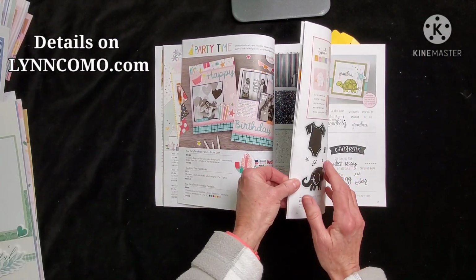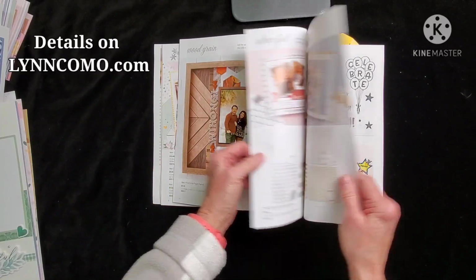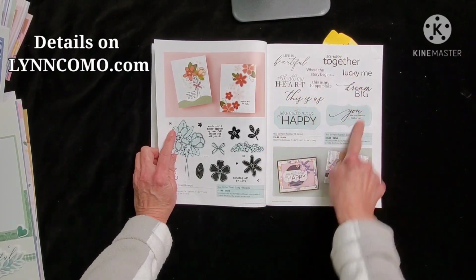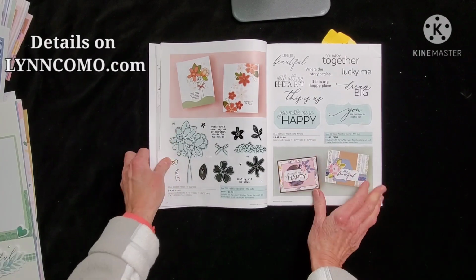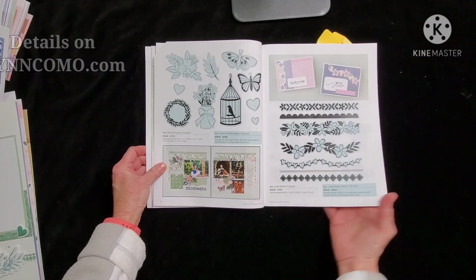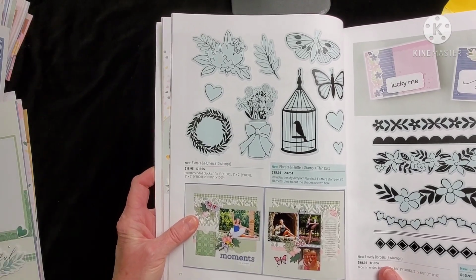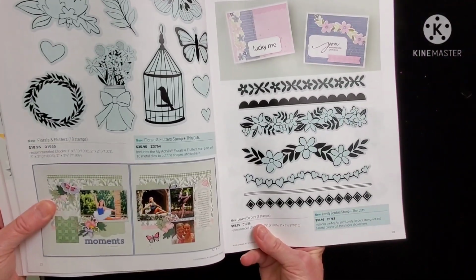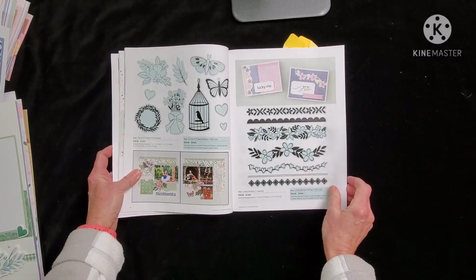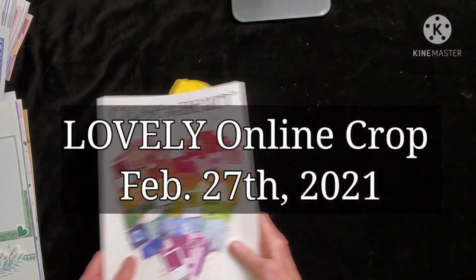I also ended up using some of the stamps, so let me show you what they look like. This is a great stamp set. This is called So Happy Together, and many of my Kit of the Month Club members already have that. And then we have the Florals and Flutters stamp set, and I definitely use that on the cards and some of them on the scrapbook pages, as well as the Lovely borders. So I got to start to play with this one, and it's really pretty. So these are optional purchases for you, but I want to show you what I've done with the kit of